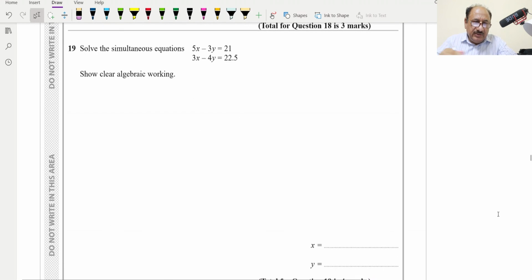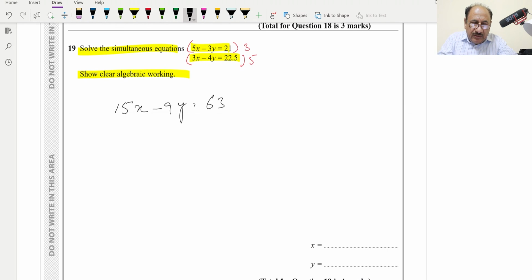Question number 19 is simultaneous equations. They have provided us these two equations, and we have to show clear algebraic working also. So to equalize the coefficients of x, we will multiply equation 1 by 3 and equation 2 by 5, and the new equations which we will get will be 15. We are multiplying first equation by 3, so 15x minus 9y is equal to 63,